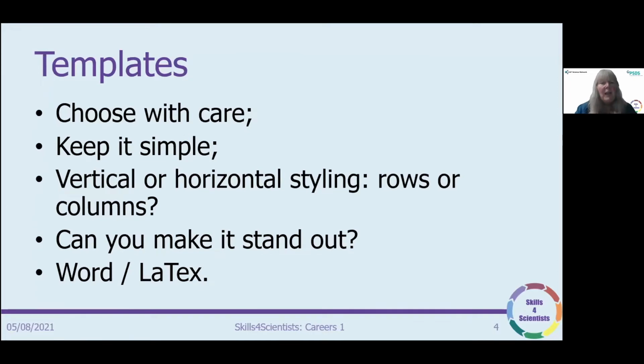So for templates, choose them with care. There are lots out there. I would advise you to pick something quite simple and straightforward. In terms of styling, you can have things organized in rows or in columns, and when we get to the slide with the different ones on, you'll see what I mean. You need to consider how you can make it stand out. But there's a proviso there,